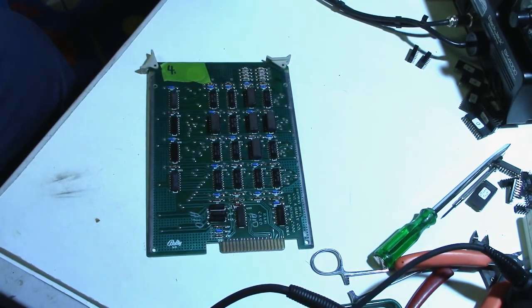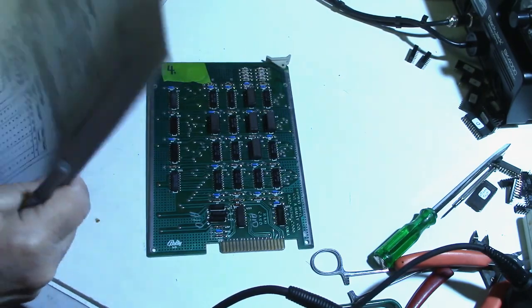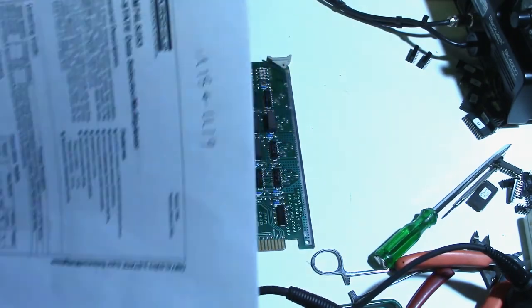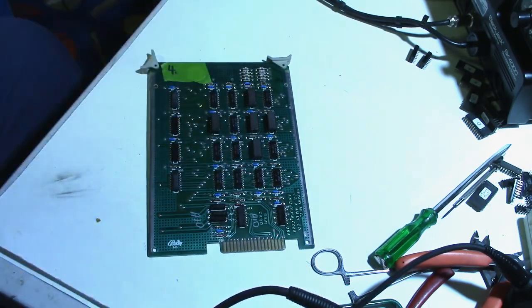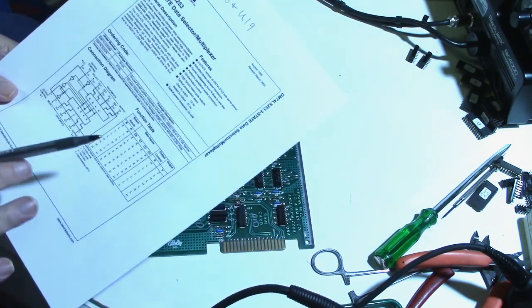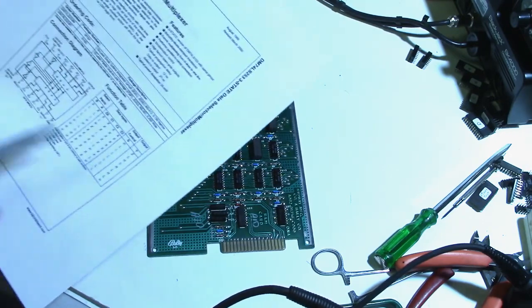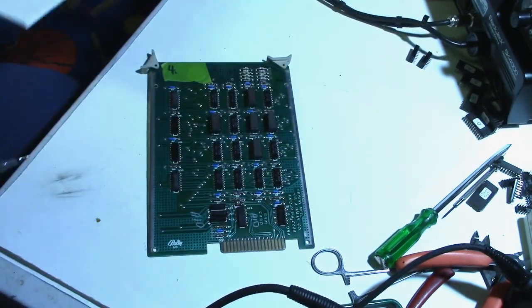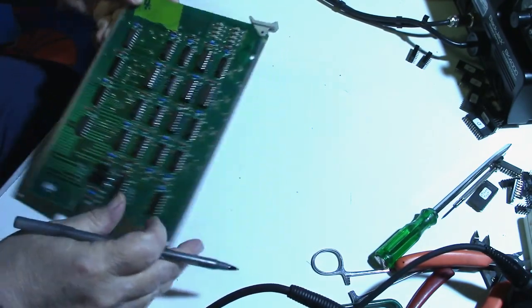Okay, maybe it does, maybe it don't, but that's just the way my thinking is. And like I say, this is all just basically me trying to figure it out by the data that I find, not knowing exactly how all this works, but knowing a little bit about how it works. So anyway, what I think I'm going to do is